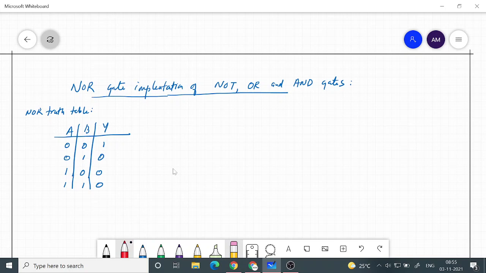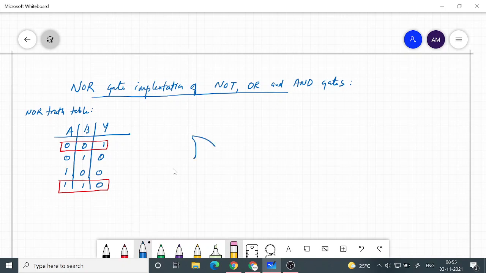So now again, if you consider the cases where we give a common input, same input to both A and B, that is either 0 or 1, you can see that you get the complement of that at the output. So that is basically the way to implement.